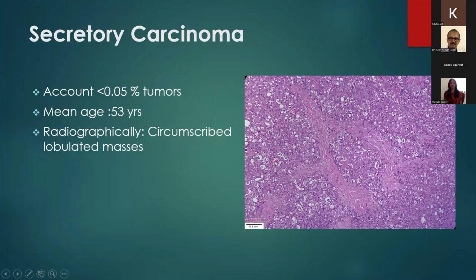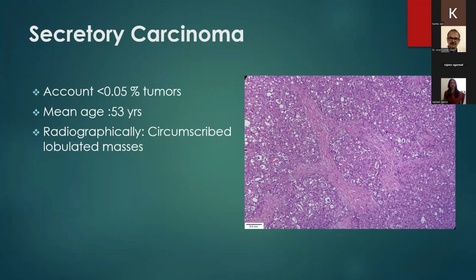Next type is a secretory carcinoma. Very, very rare tumor. Earlier thought to be seen only in children, young adults or adolescents. However, now there have been cases reported even in adults. They have a good indolent course, but in the elderly population, lymph node metastasis has been seen,